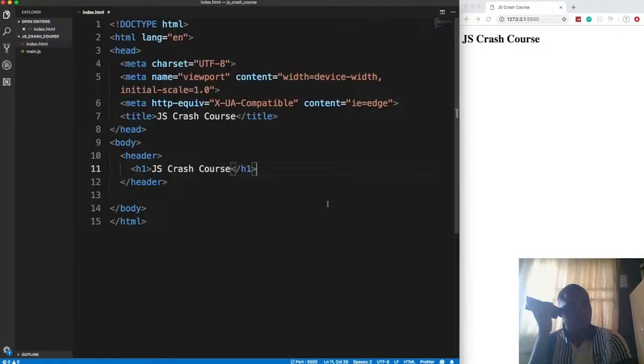So let's go ahead and add some JavaScript to this very basic HTML file. You can see I just have the head, and then in the body I have a header with an H1. So you want to put your JavaScript